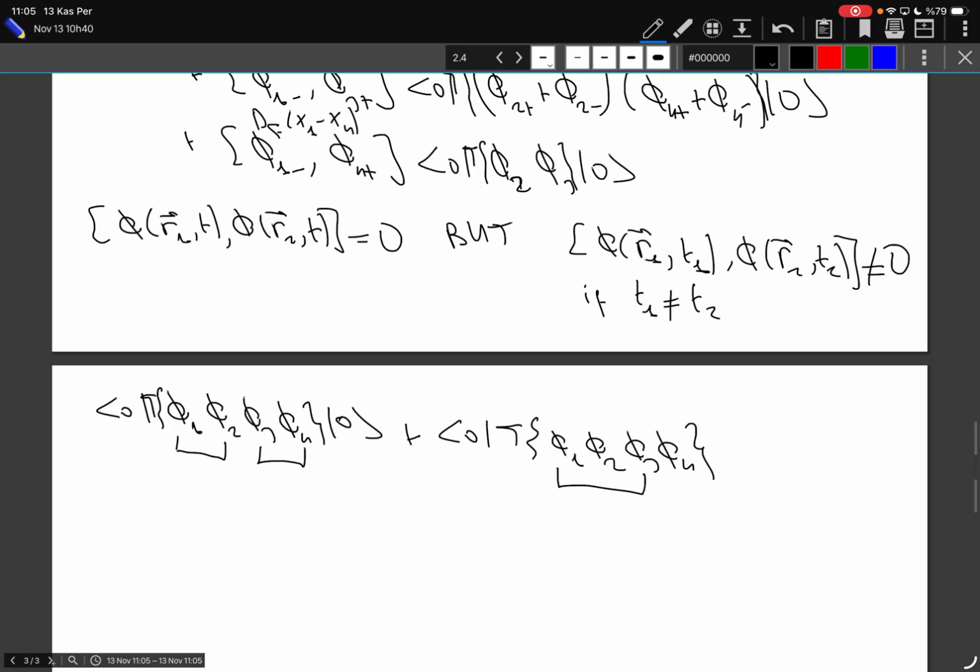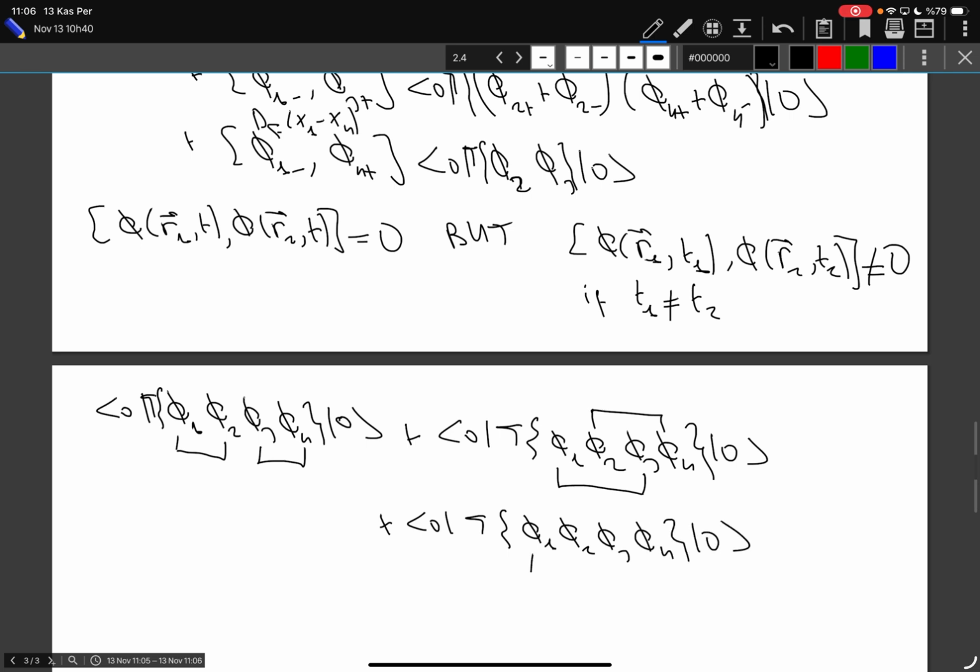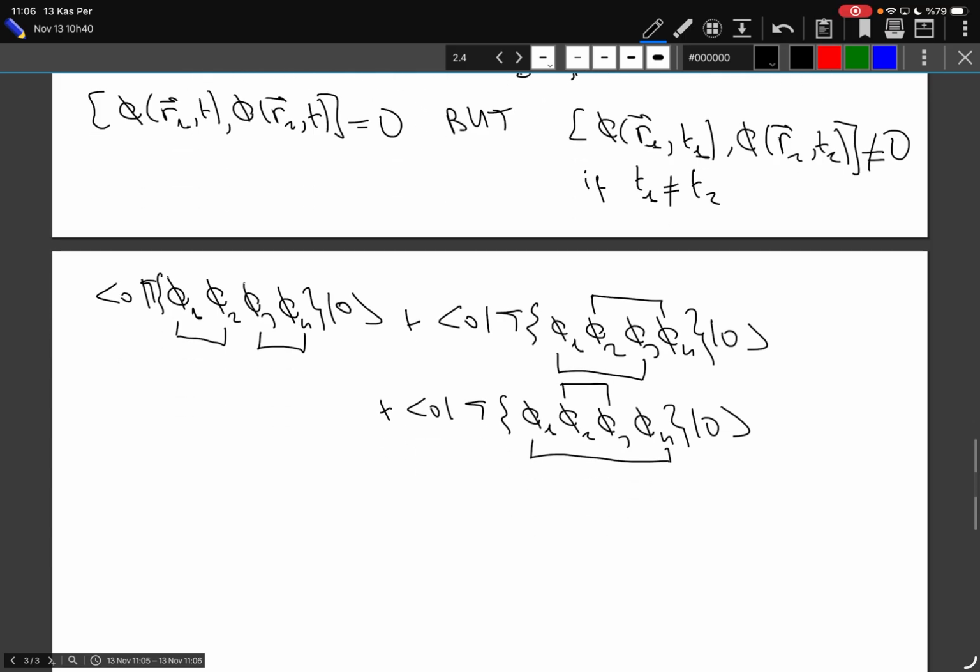There is this one, phi 1 will commute with phi 3. I will get the commutator of phi 1 and phi 3 and phi 2 and phi 4. And finally, I will commute phi 1 with phi 4. And I won't get any other terms because now the annihilation operator moved all the way to the right, annihilating the empty state, and phi 2 and phi 4. All these lines, the so-called contractions,